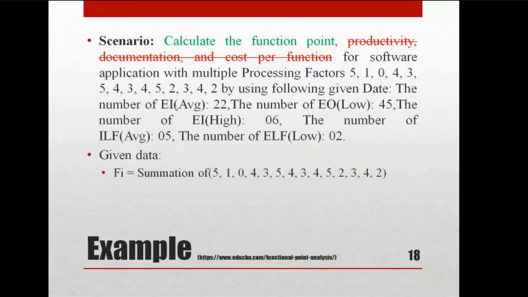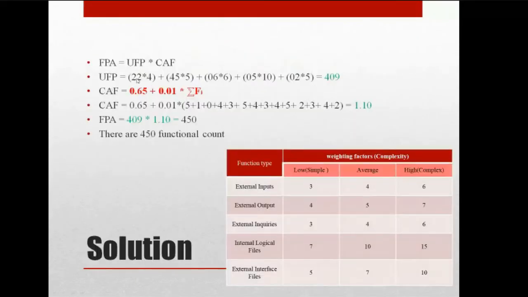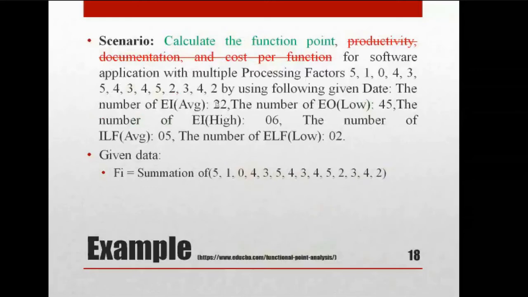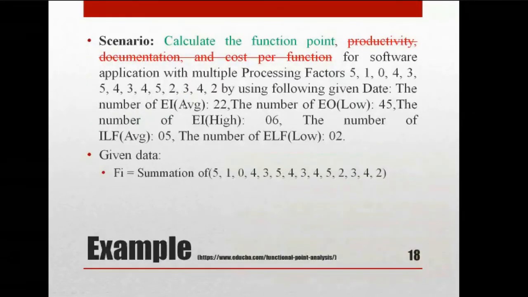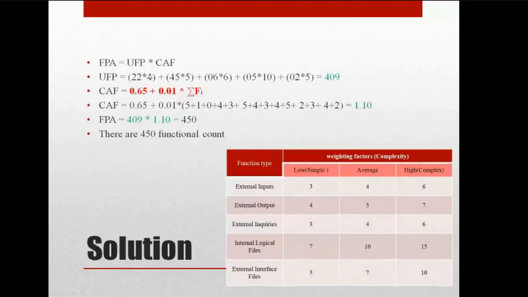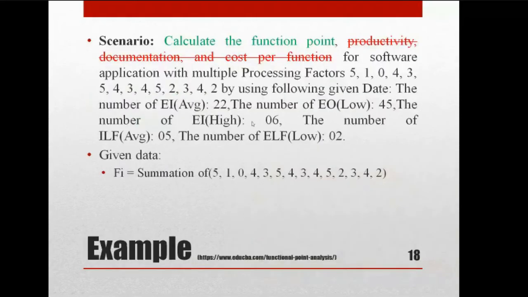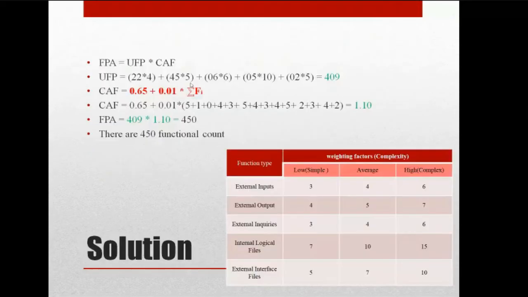So the first thing is EI, external input average. EI is 22, 22 is taken, right? And what is the complexity just mentioned? It is average. What is average here? It is 4. That's why 22 into 4, plus what is the next one? External output. External output is what? 45. And the complexity is low. So 45 into,